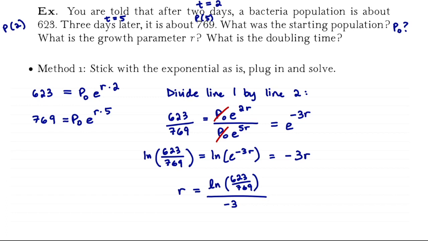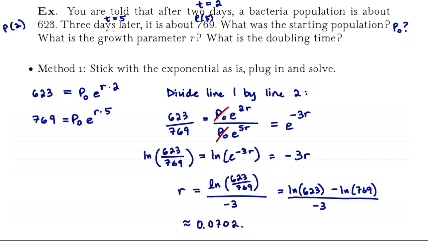You could take those natural logs if you want to and separate them. So you could write natural log of 623 minus natural log of 769 divided by negative 3. You can multiply the top and bottom by negative if you'd like to. I would keep this expression handy. If you're working in a calculator, Excel, or MATLAB or something like that, you might want to have this true expression for r rather than using the approximate form, just to make future calculations a little bit closer to being correct. But if we go ahead and crunch that, we would get r is about